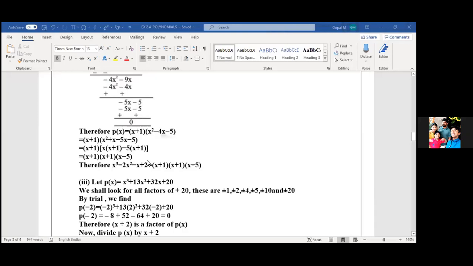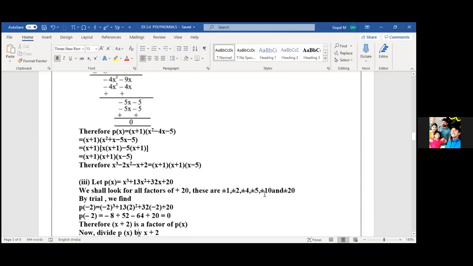So why I'm explaining this is, here you see children, second question, you are getting the constant term factors only 2. That is plus or minus 1 and plus or minus 5. So sometimes, see, third question you see. Here constant term 20 is there. For the 20, you'll be getting so many factors: 1, 2, 4, 5, 10, 20. If you start applying plus 1, plus 2, minus 2, plus 4, minus 4, all these things in the polynomial, the answer becomes so lengthy, right?